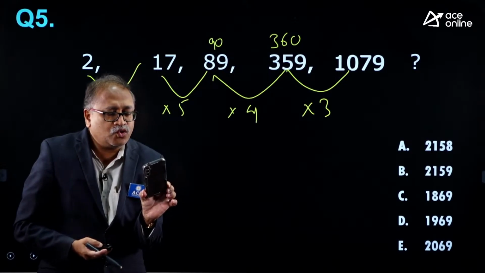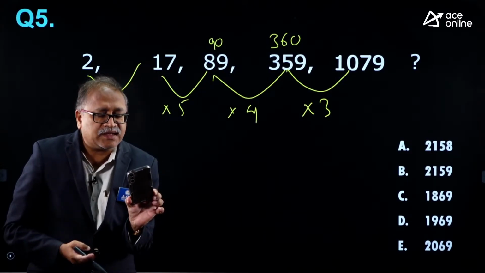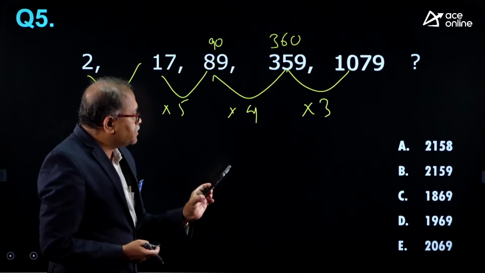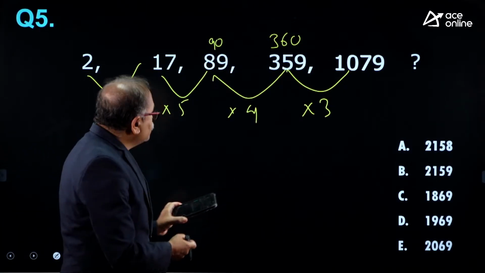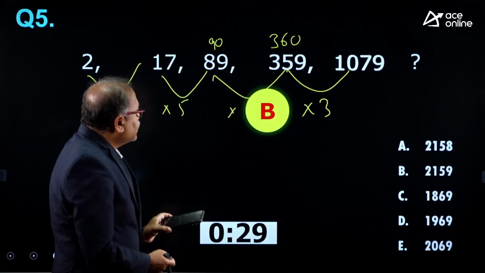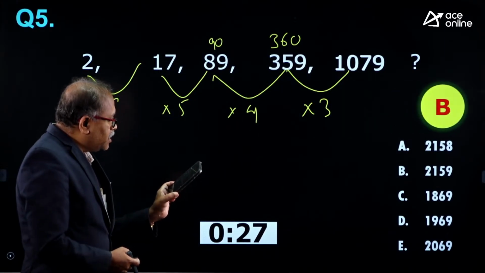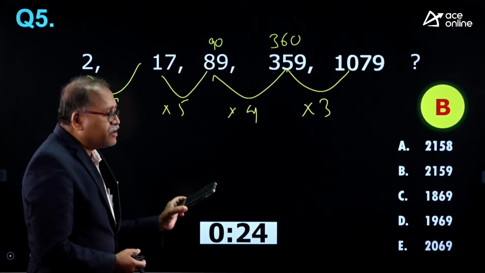Prashanti. 2159, the first person to answer the question. And Prashanti, let me check whether your answer is correct or not. Option choice A you said, leave that. Option choice B. 2159, well done,